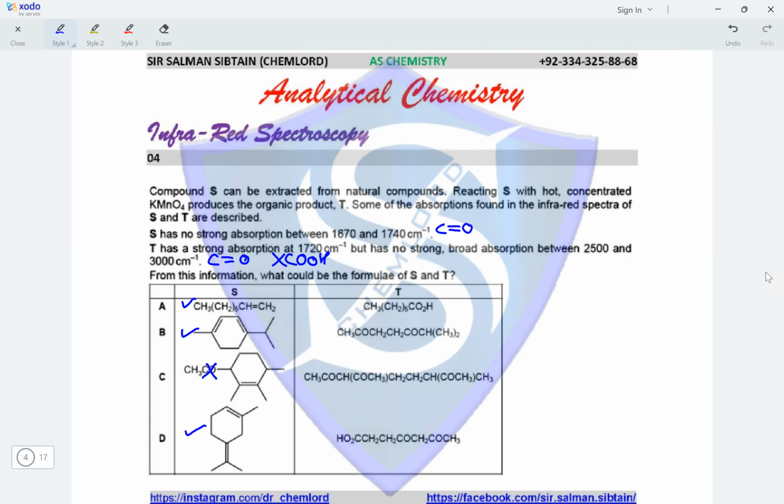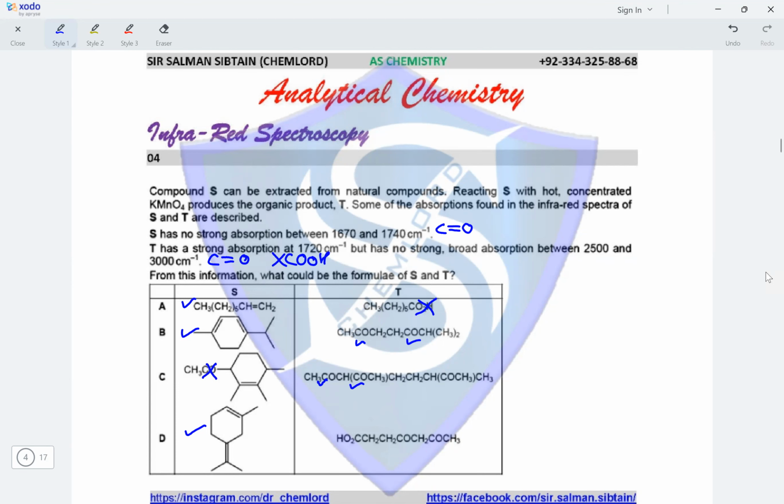So it should have a C=O and should not have a carboxylic group. Option A has a carboxylic group present, so it cannot be option A. Option B has a C=O group present, and another C=O group present, so it can be option B. C has a C=O group present, another C=O group present,